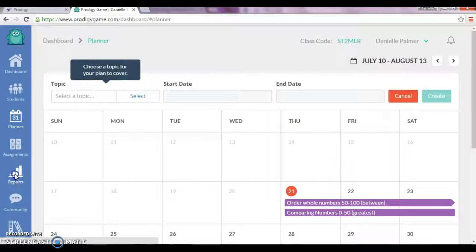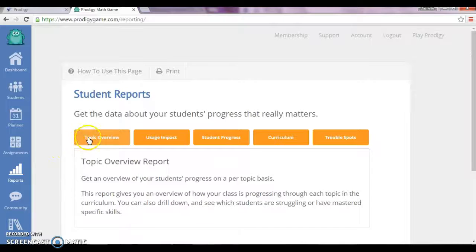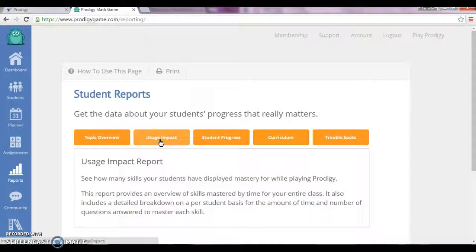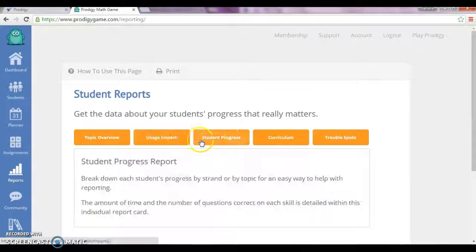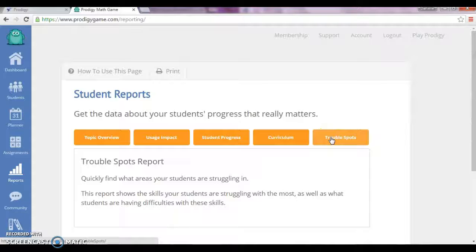So I'm going to go down to reports. This is where I'm going to find all of my student reports. You can do a topic overview based on student progress per topic. Their usage, so how many skills your students have mastered while playing Prodigy, how each student is doing on a topic, how Prodigy is aligned to the curriculum, and then any trouble spots that my students are